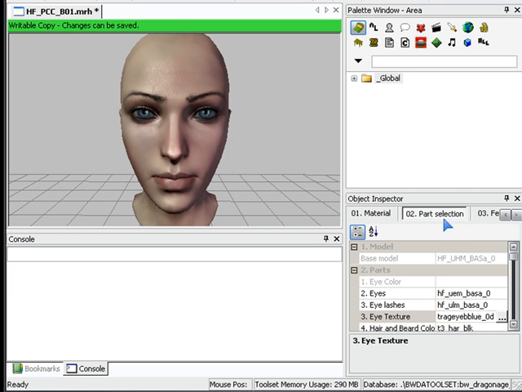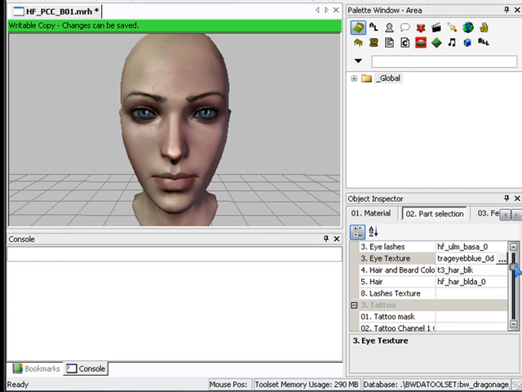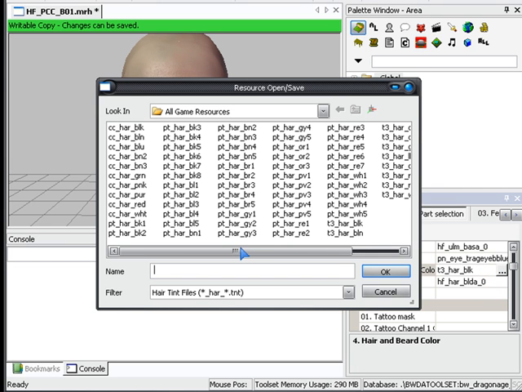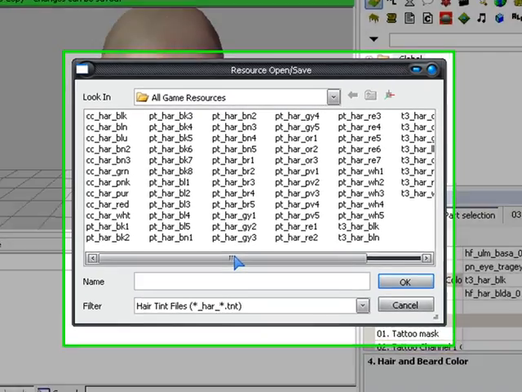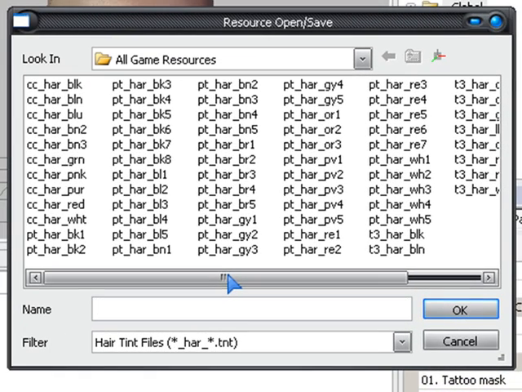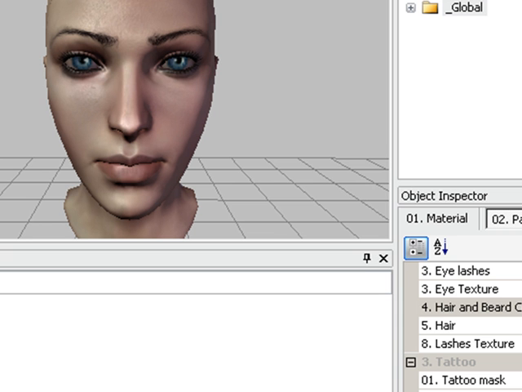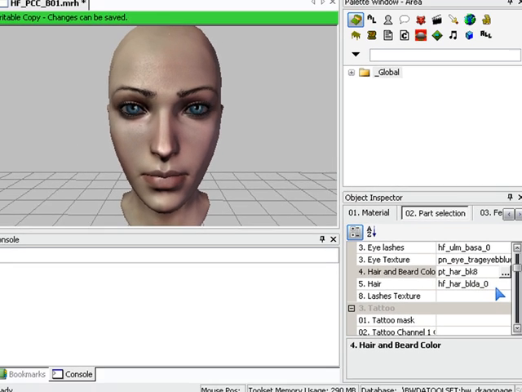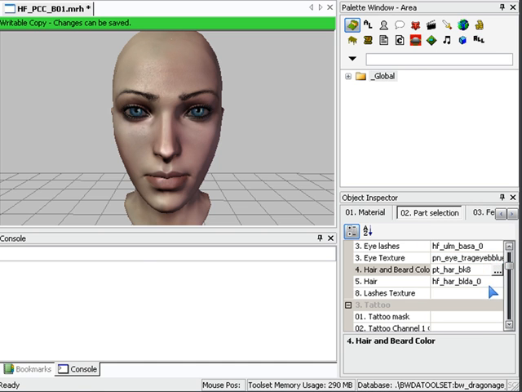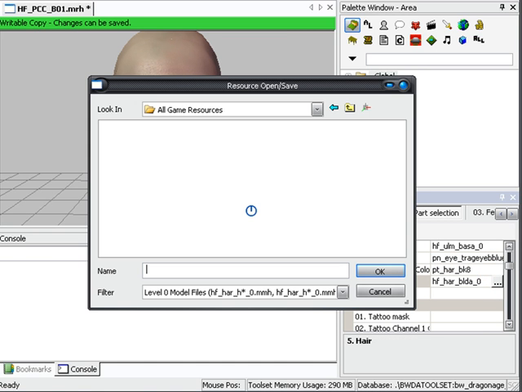So we'll go into the parts section. We can look it over really quick. Hair color set to black. As we've seen from the Ore Legion so far, we've met a red-headed Ore Legion and we've met a black-haired Ore Legion. So I guess that their hair color really doesn't matter. I've downloaded some extra hair texture tints for mine. I prefer using the BK8. That's black hair that has a blue look to it when light hits it. Like I said, I like blue. We'll go with the hair. All right, you'll notice I